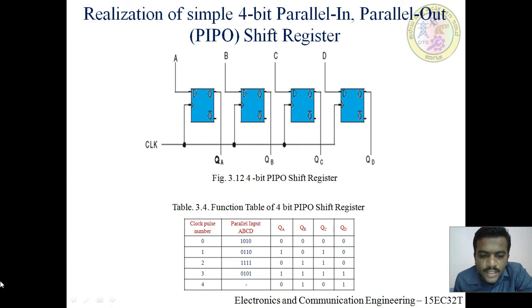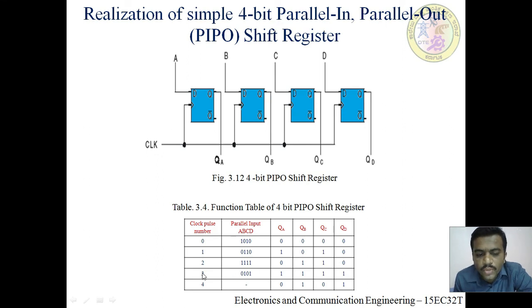Similarly, before applying the second clock pulse, assume that we have the second input binary number 0110. This 4-bit binary input 0110 is applied on the data inputs A, B, C, D. After the second clock pulse, the values present on A, B, C, D will be shifted to the output of the individual flip-flops. That is, value of A is shifted to QA, value of B shifted to output QB, value of C shifted to output QC, and value of D shifted to output QD. The value 0110 will appear at the output lines QA, QB, QC, QD after the second clock pulse.